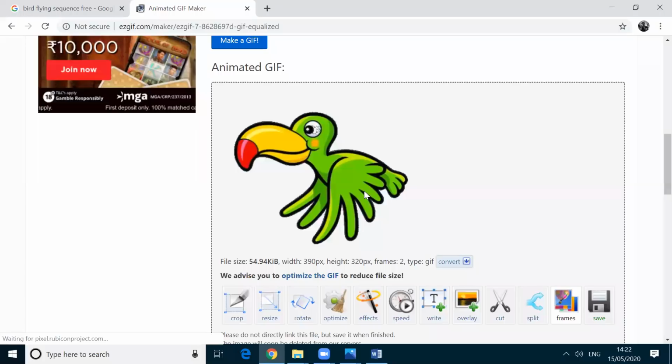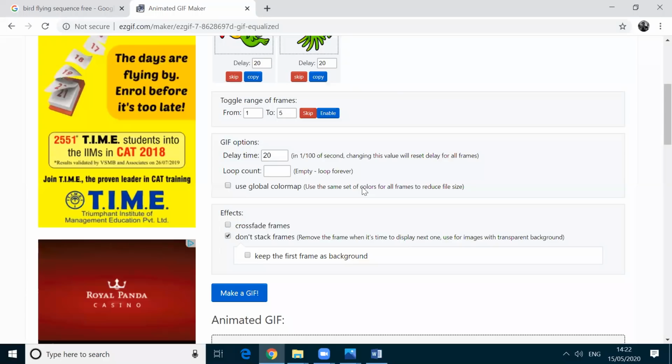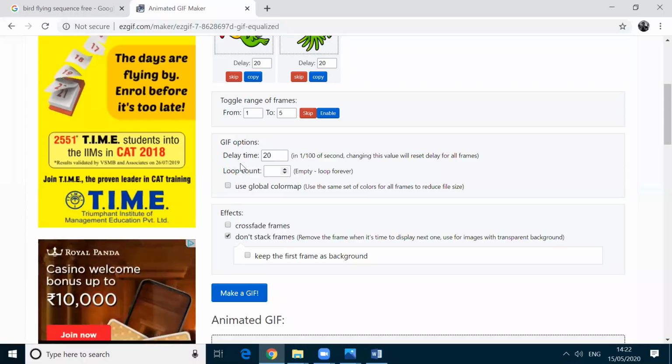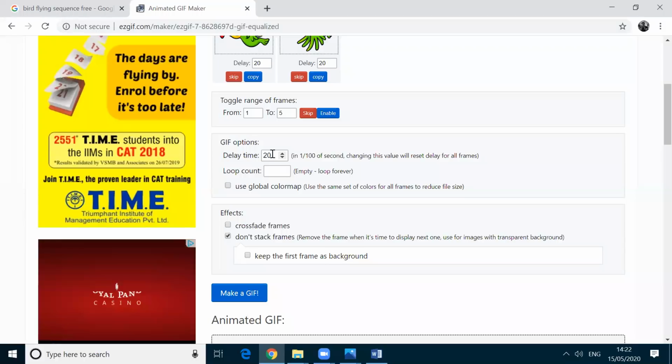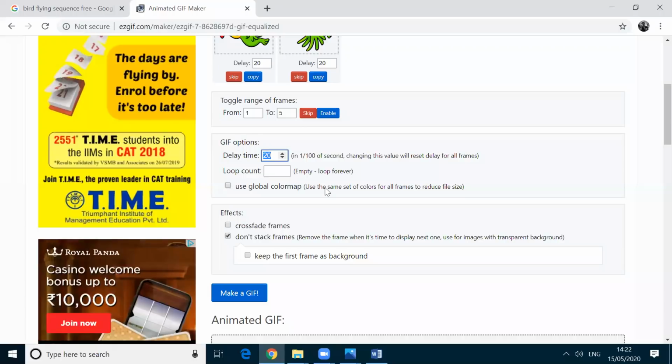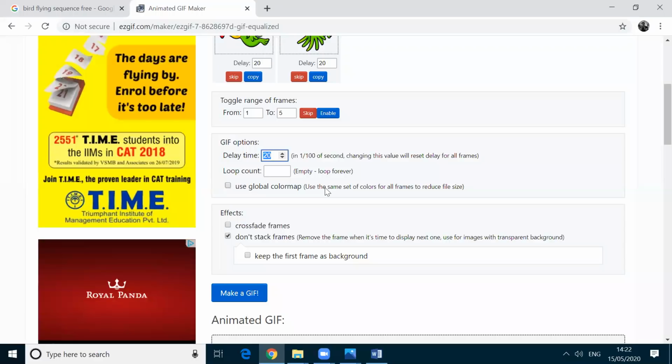So what I'm going to do is I'm moving up. Here there is delay time. Delay time is nothing but the frame rate. So if I give 50, the speed will decrease. If I give, for example, 10 and then I click make GIF.